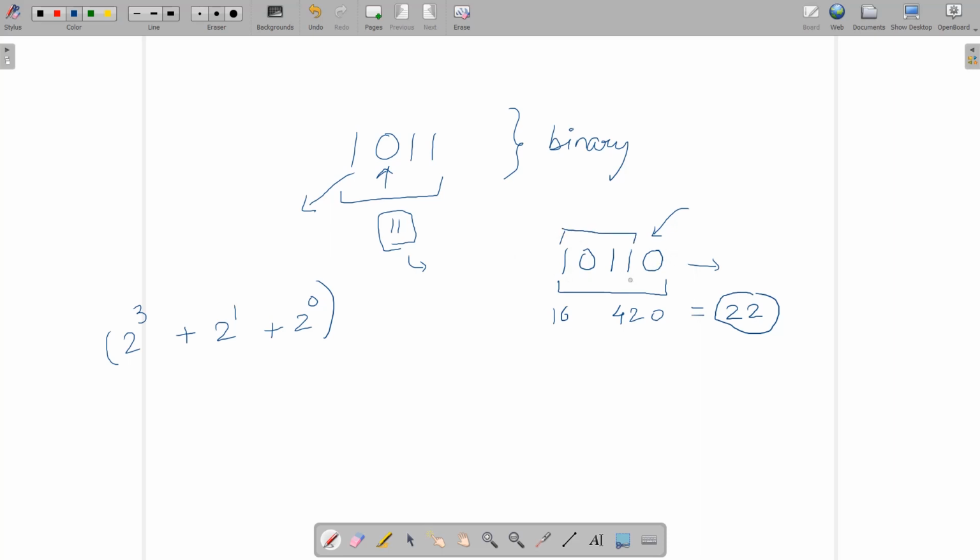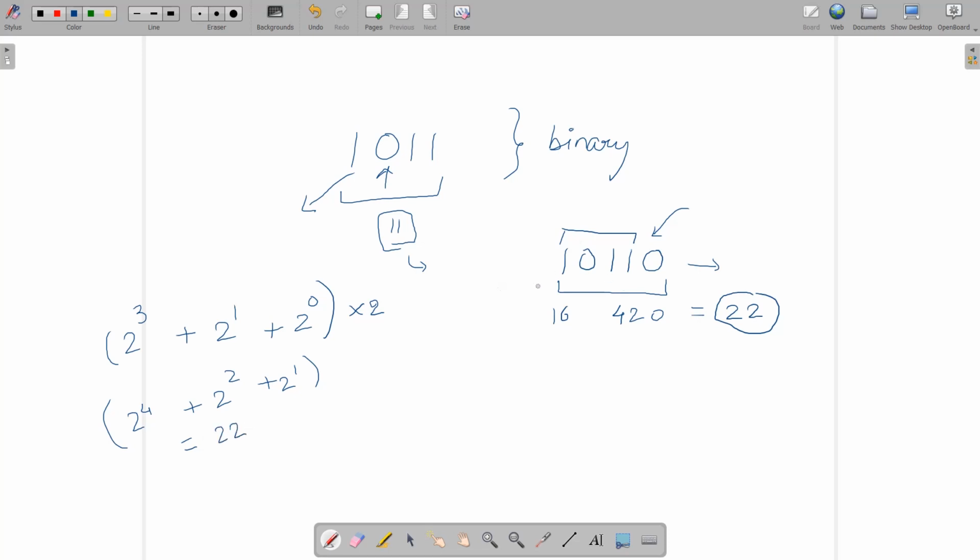Every bit position is shifted by 1 to the left, which means every value is multiplied by 2. So the value would come out to be 2 power 4 plus 2 power 2 plus 2 power 1, which gives us the value of 22.